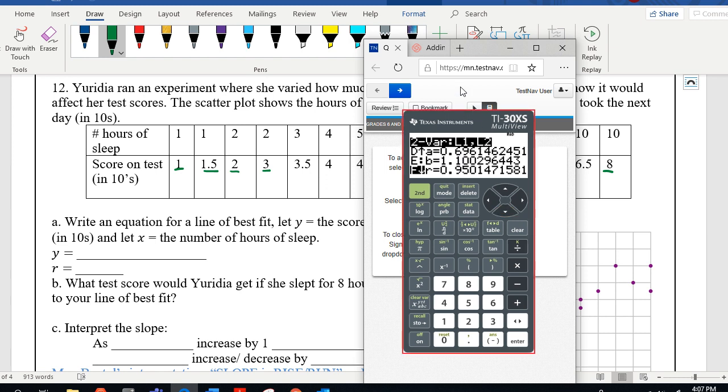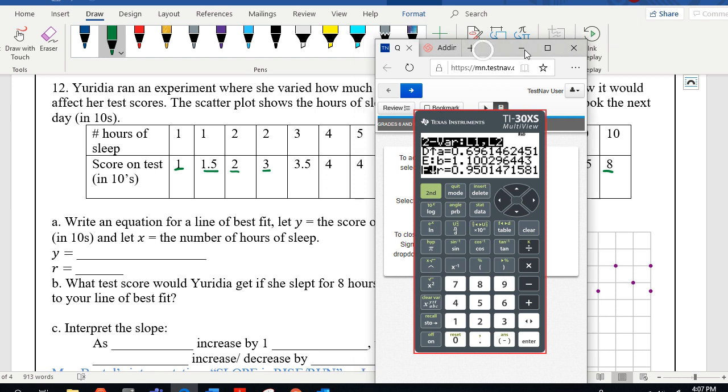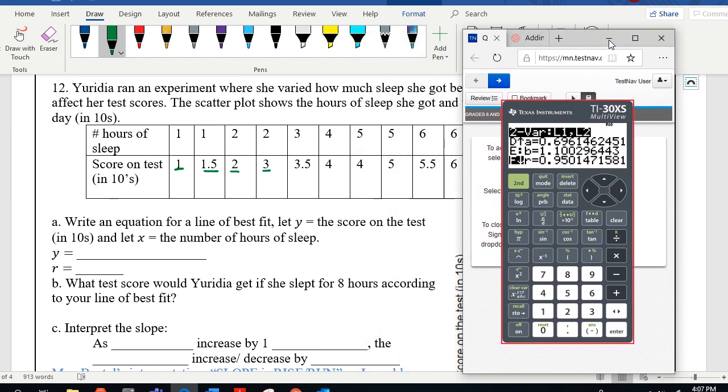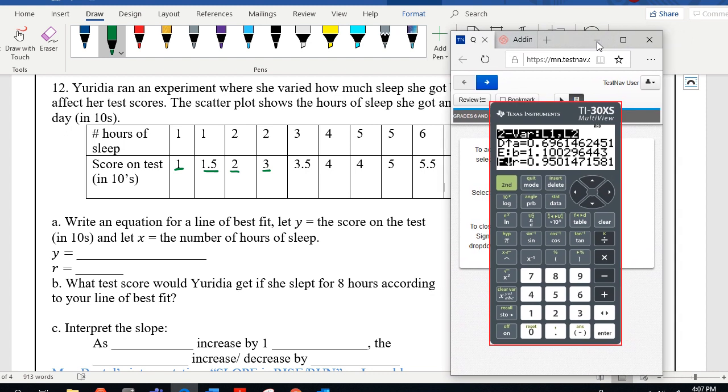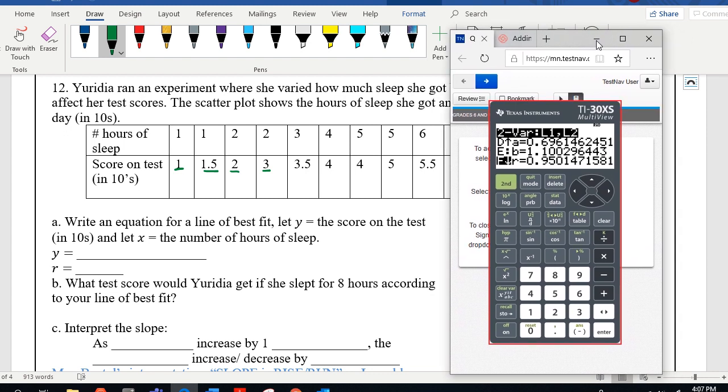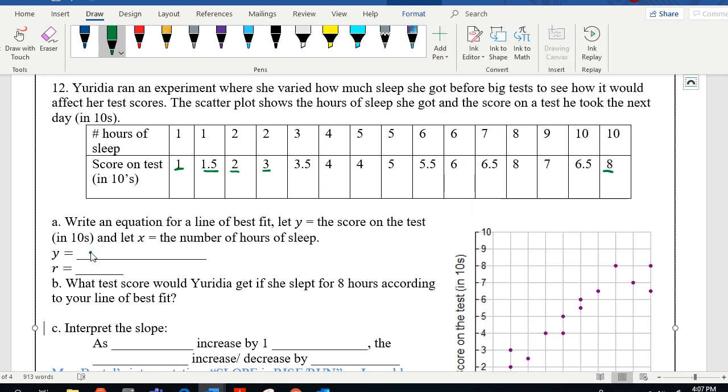Now this says, let me move this a little bit. It doesn't say how to write it. I was looking for that to take it to the nearest tenth. I'm going to go to the nearest tenth. This would give me 0.70. It was 0.696, so that would round up to 0.7. So the A is 0.7x